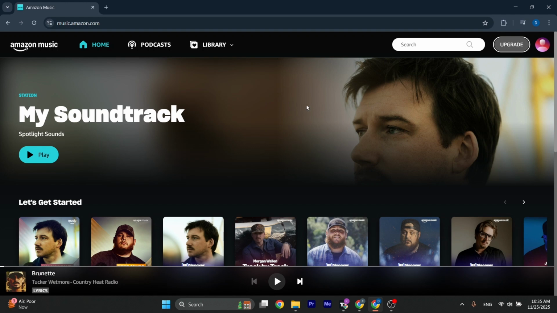If you're trying to play songs simultaneously on multiple devices, for that you'll need the family plan of Amazon Music. Only if you have the family plan, you'll be able to play songs simultaneously. So if you do want to upgrade, click on the upgrade button and make sure you pick the family plan